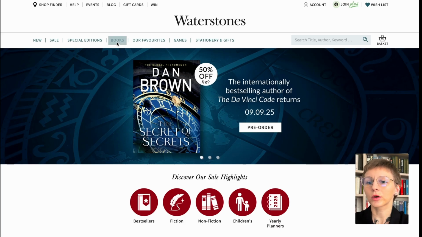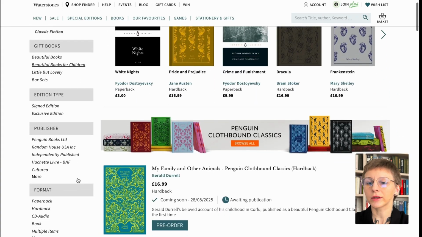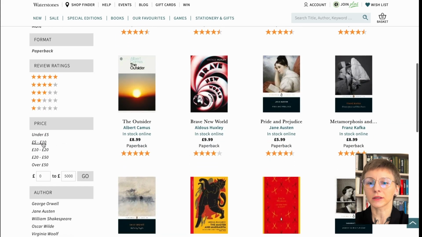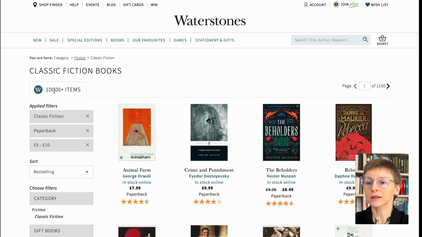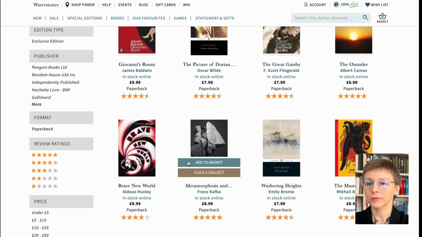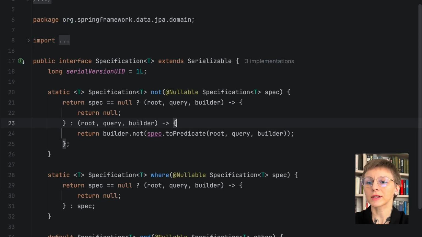Okay, so in a real-world bookshop application, we will have multiple filters that users apply to find the book they need. But we don't want to write separate queries for various combinations of these filters, right? This is where dynamic SQL queries come into play. As the name suggests, they enable us to create SQL queries dynamically based on the user input. And to build dynamic SQL queries with the JPA, we can use the specification interface. It can help us build multiple predicates over the entity. These predicates can be combined to create queries with flexible where clauses.